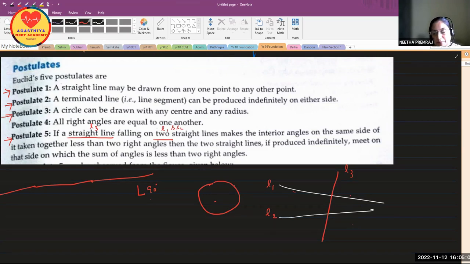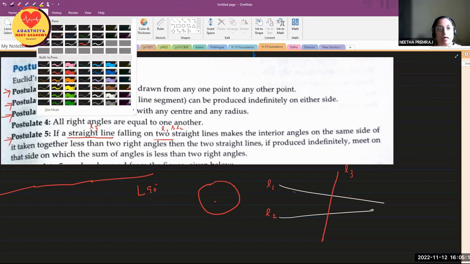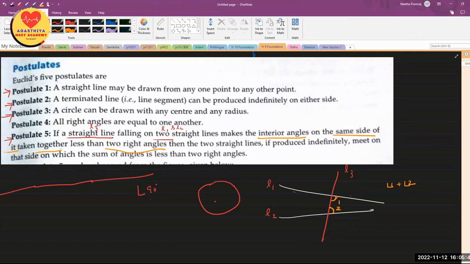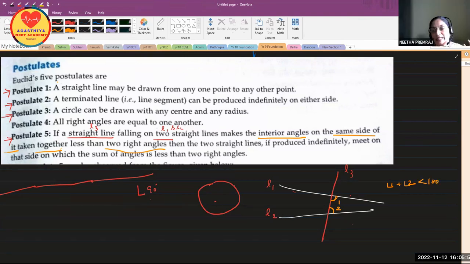of it taken together, if you consider the interior angles on one side of the line, if you add this and this, I name them angle 1 and angle 2. If taken together they are less than 2 right angles. Less than 2 right angles means what is the measure? One right angle is how much? 90 degrees. Two right angles? 180 degrees. So less than 180 means